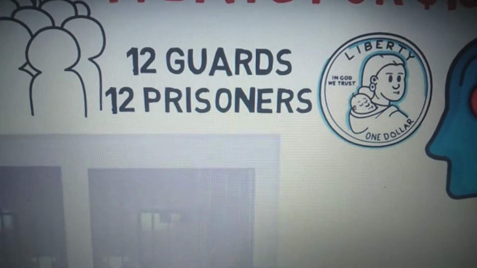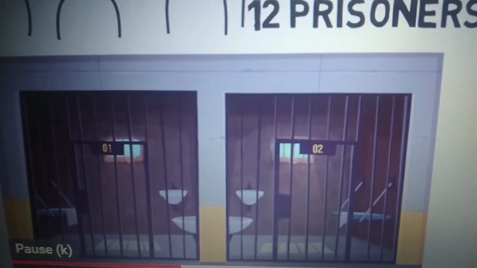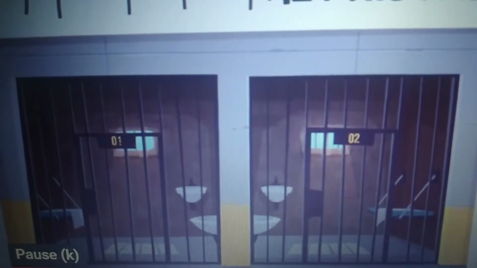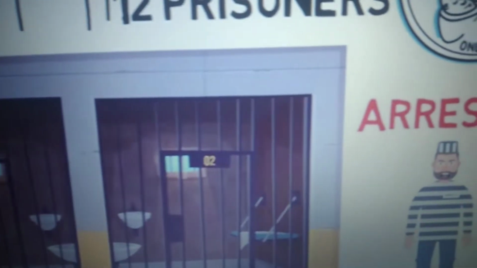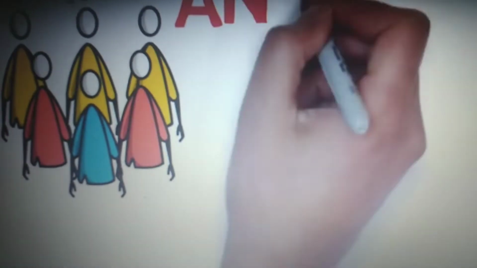Now, the researchers then set up a basement at Stanford to make it look like a real prison. They were very serious about treating the experiment like a simulation. Prisoners were actually arrested in public and taken into prison. They were even booked, fingerprinted, and strip searched. Now, Zimbardo's team also gave prisoners numbers that were meant to be used instead of their real names. They claimed that it would help give the prisoners a sense of anonymity and help the experiment.